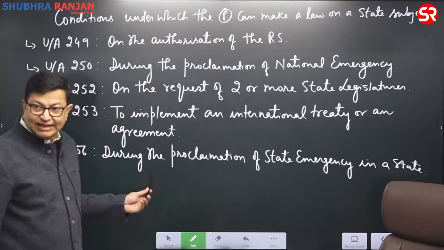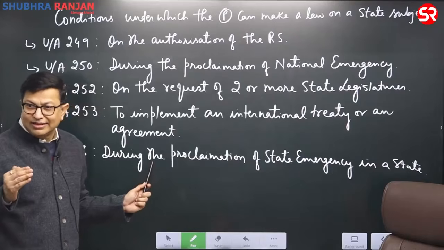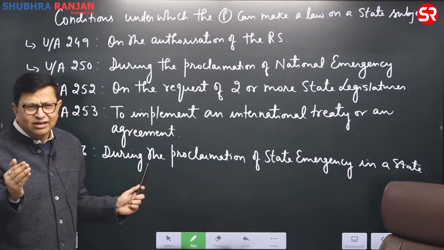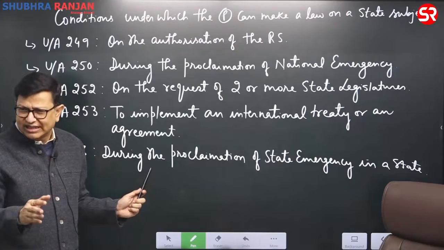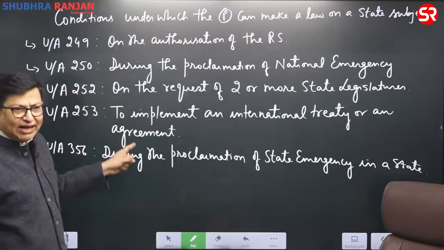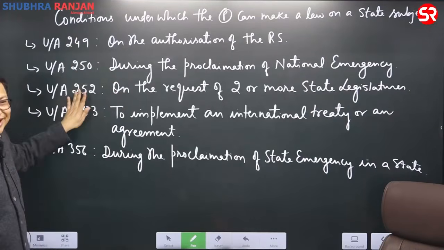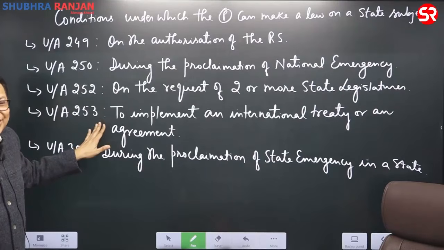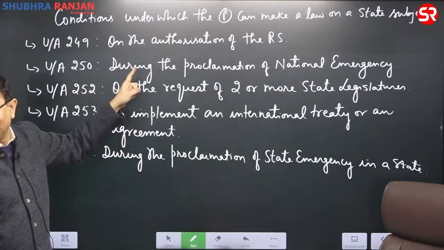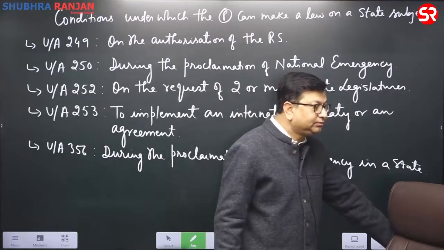And here also the law is the same, that such a law will be there till 6 months only after the state emergency will be revoked. And if the state government will make the laws before 6 months, obviously the central law will become null and void. These are the 5 conditions under which the parliament. So even if you do not remember these article numbers, it hardly matters. No one is going to ask you, hey, what is Article 249, what is Article 250? But yes, this aspect you need to remember. Then coming to, बोलो बेटा.